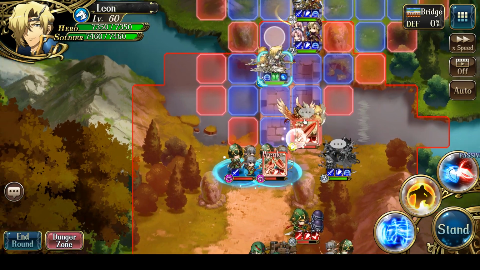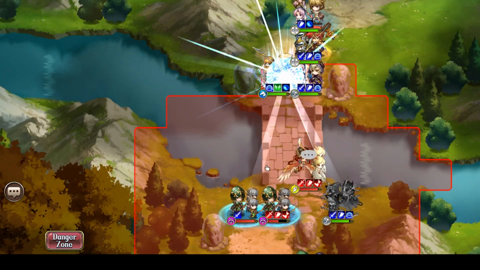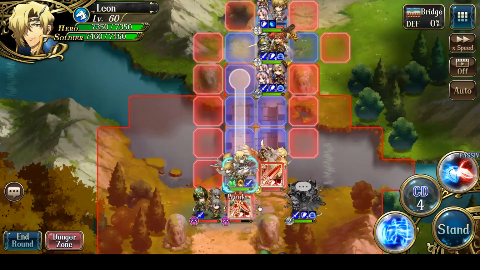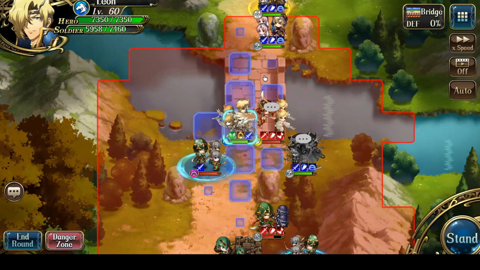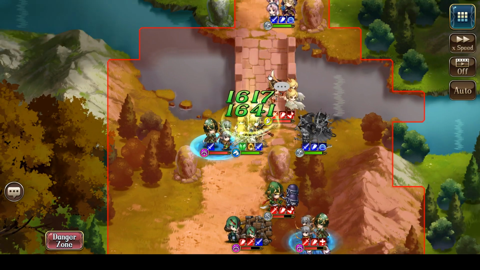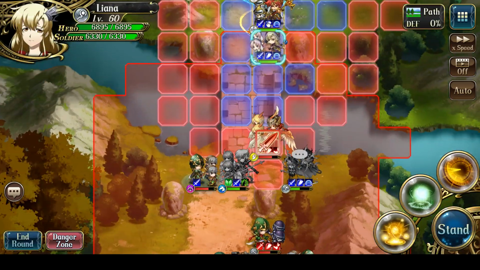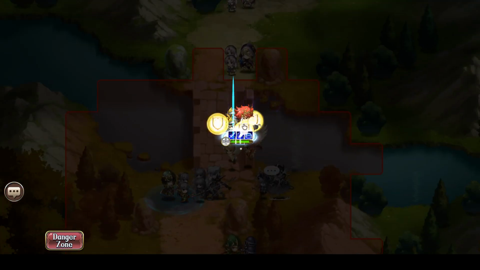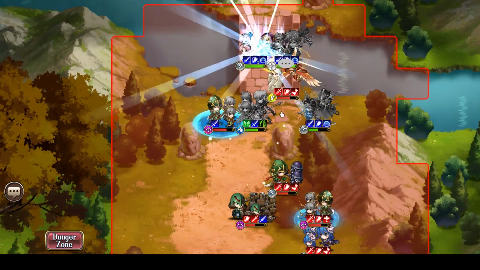So next, let's just have Leon start moving in, kill things. Oops, that was a mistake though. Okay. So it's Divine Guard. And again,